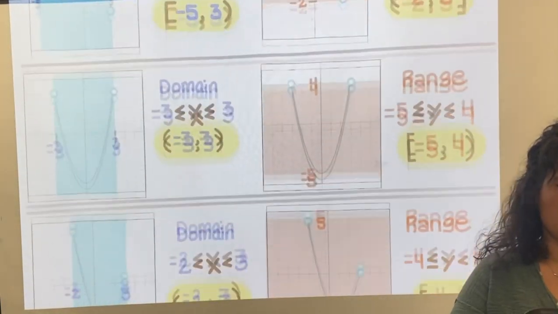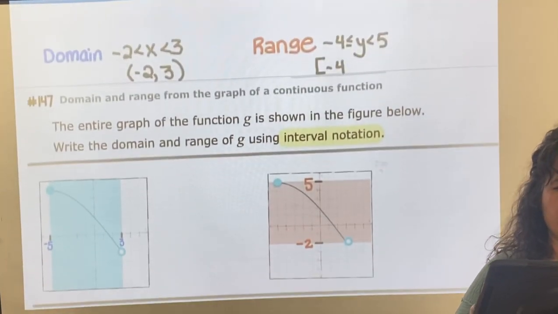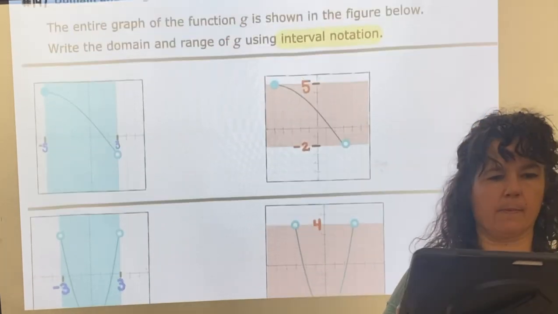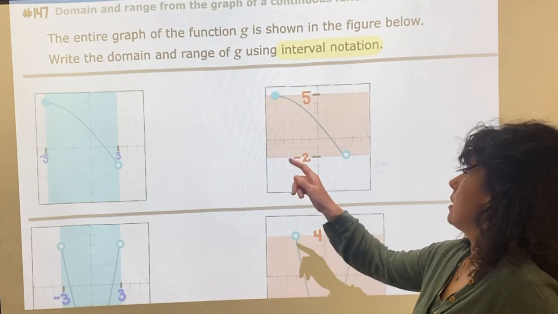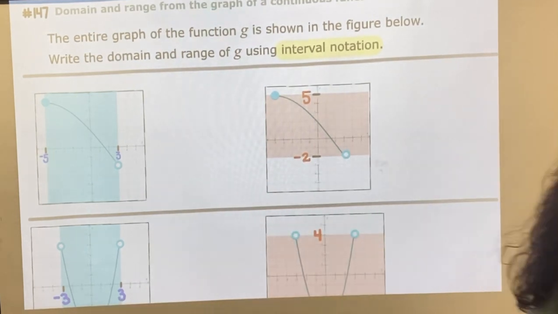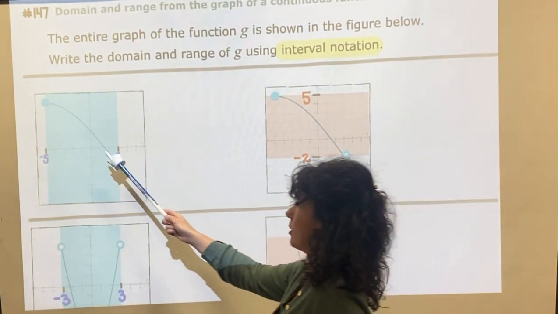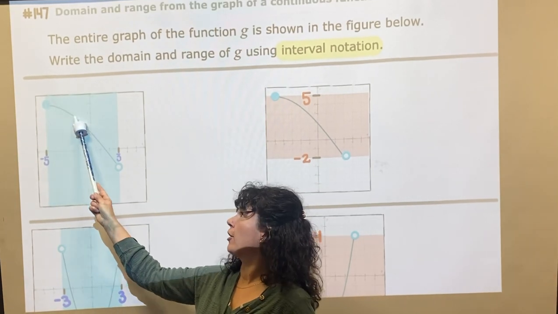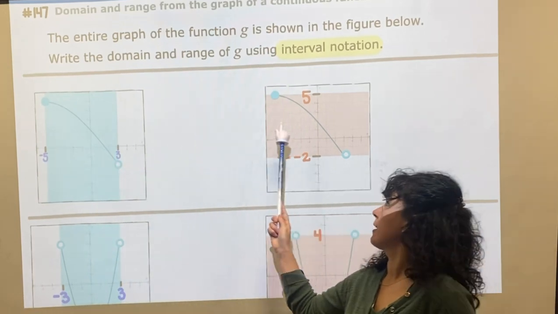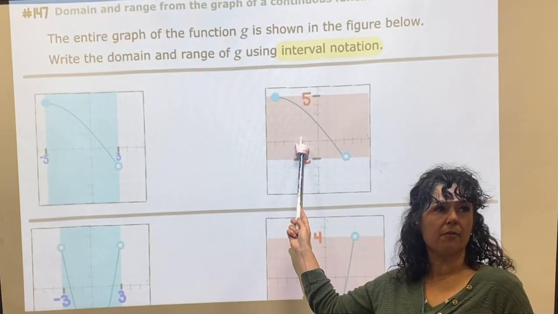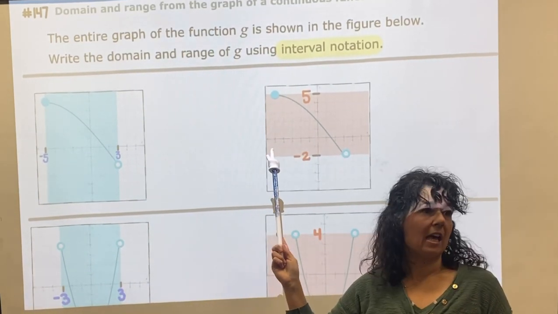Okay guys, for this one here, number 147, we've got a graph, and this particular graph starts with a closed dot, it has a curve, and it comes down to an open dot. The graph here and the graph here are the exact same graph, but I drew them separately to emphasize the